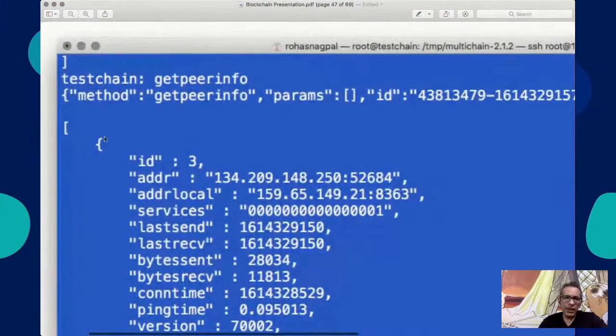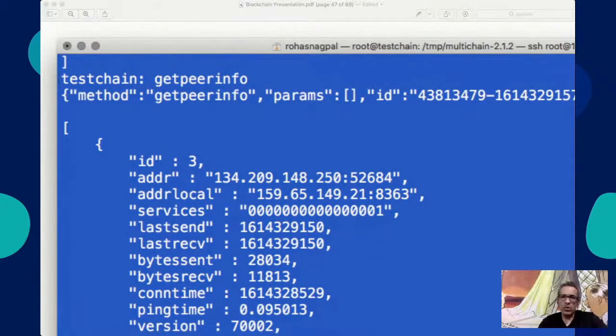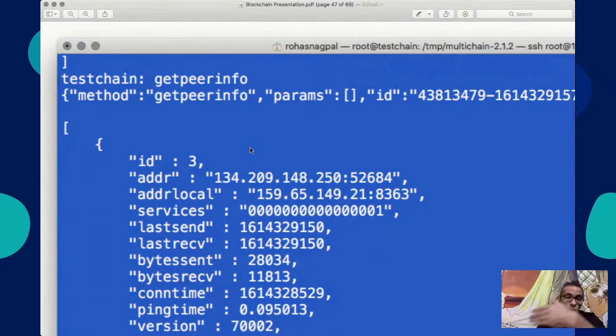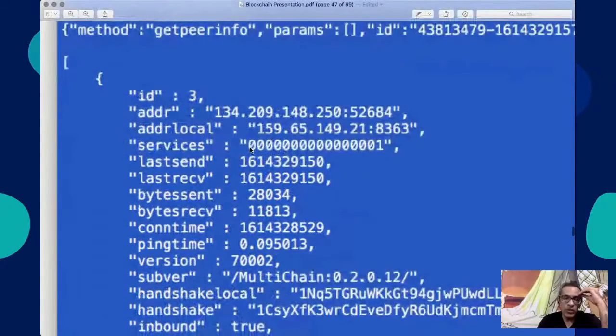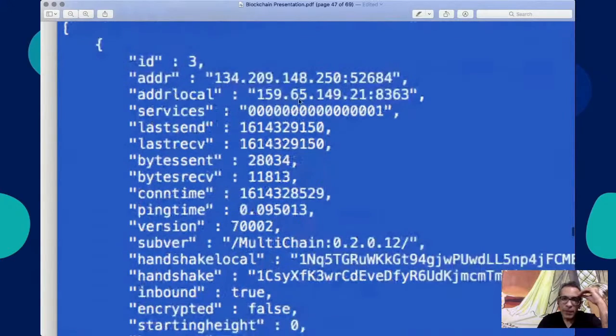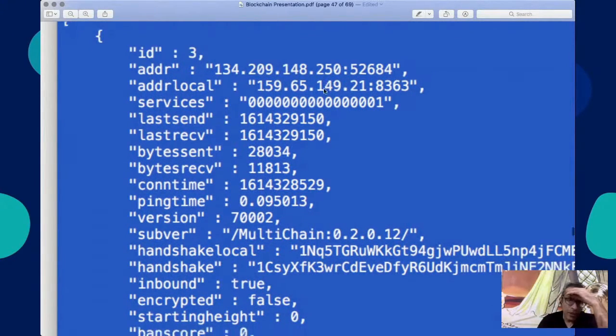Then another command that you can run is called getpeerinfo. Like I explained to you, it will show you all the other nodes that you are connected to. For each of the nodes, it will show you their address, their port number, and their IP address is of course shown to you here. This is the main of mine.